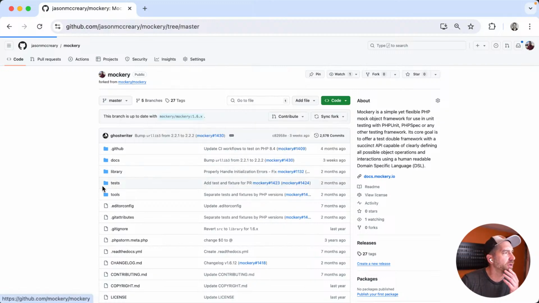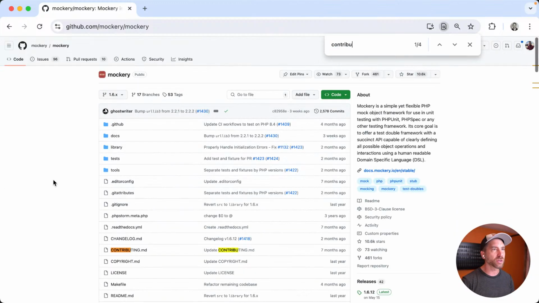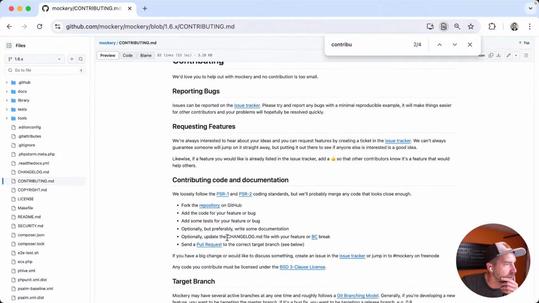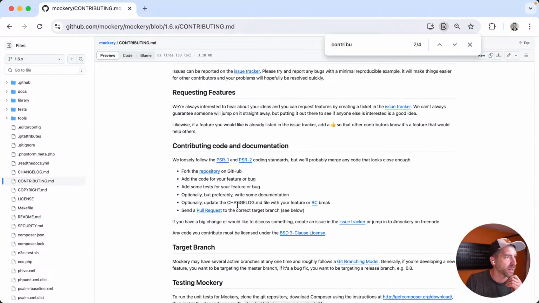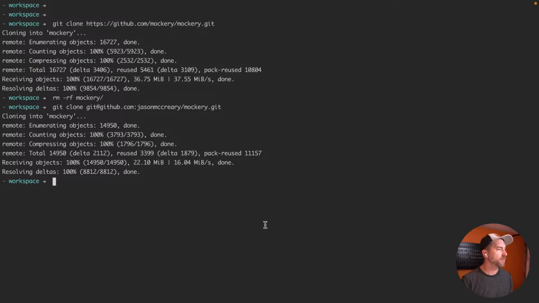While we're waiting for all that in the background, again, we need to make sure, do they have any contributing notes? Contributing. There we go. They've got a contributing file. Let's make sure we're following what they want us to do here. So we'd love to help out. Feature contributing, loosely follow that. Fork the repository. Add as a feature. Do they have a main branch? Targeting branch. Mockery has several active branches. Git branch model. If you're developing a new feature, you'll want to target the master branch. Okay, so we target the master branch. This is a new feature. Okay, so